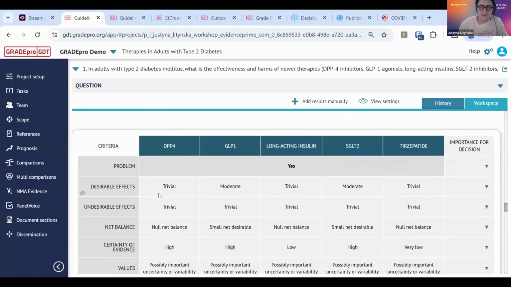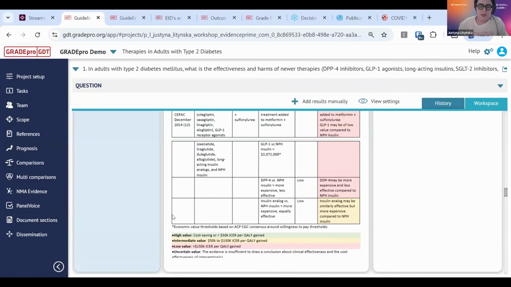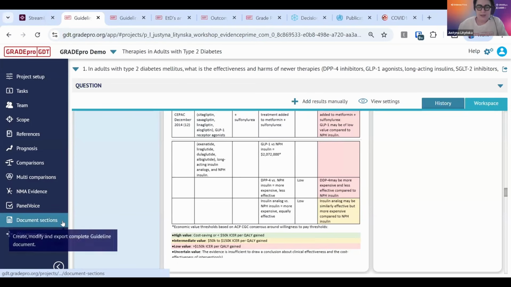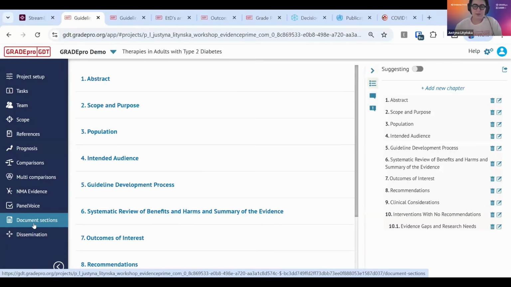When you have the recommendations ready, you can move to publication, and there is a number of ways this can be done. First of all, you can prepare the guideline document. So some teams are focused on recommendations as basic units of a guideline, but others prefer to have a full document with recommendations being just parts of it. That document can be prepared in GRADEpro. So we have a module which is the